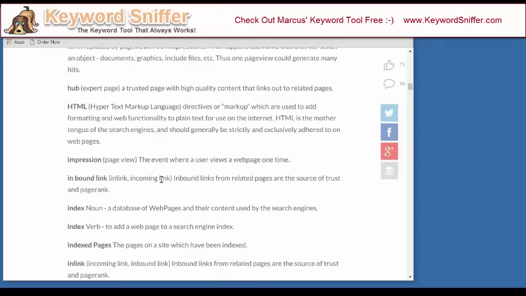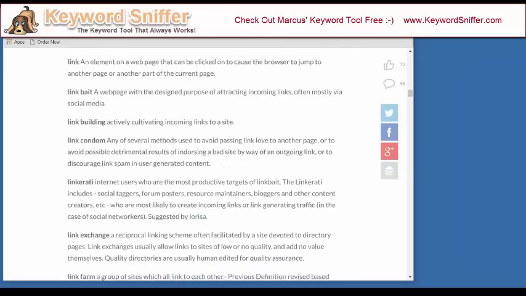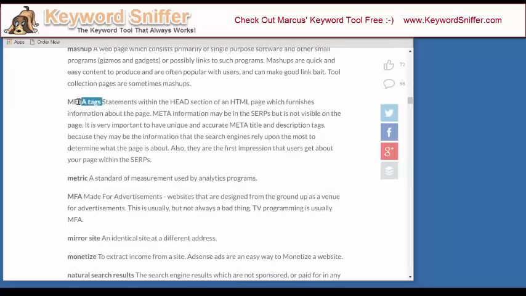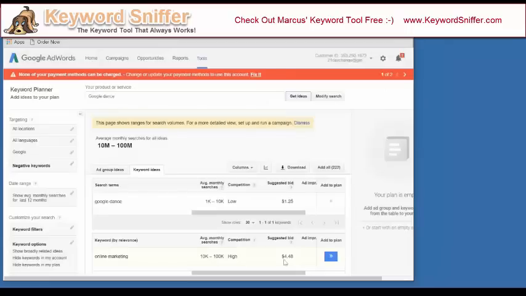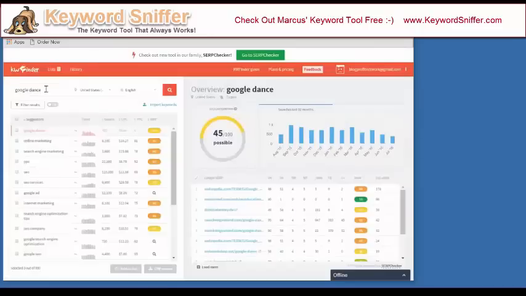Hyperlink, inbound link, backlinks. Let's see, one of my favorites here is meta tags, because very few know this. How many of you guys know what a meta tag is? Type meta tag. Okay, Lisa says, is the number in the pay-per-click column dollars or cents? It's both. It's $4.48. So watch where your decimal point is. Okay? All right, there's only like 3 people on this call that know what a meta tag is. A meta tag is something people make for getting search engine rankings. Okay? So pretty cool. So we go there, and we can type in meta tag,